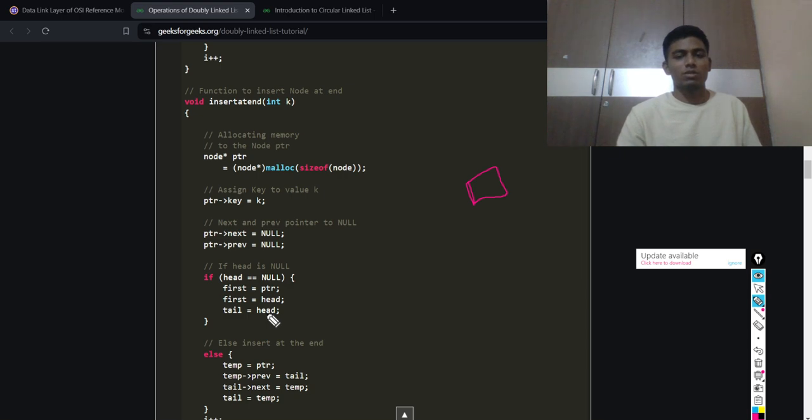First becomes pointer if head is null. So let's remove this and then take everything pointer, like head to pointer and then first to pointer and then tail to pointer. Why? Because everything is empty. So we can take that. And then when we want to insert at the end, so